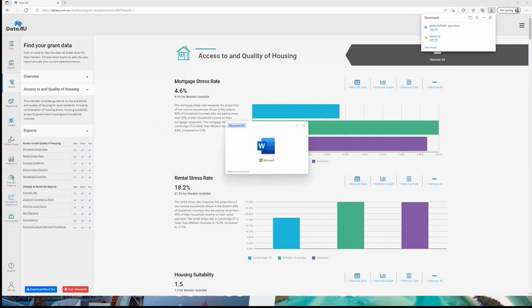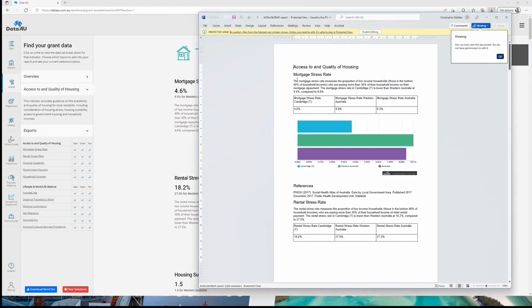That is the topic, mortgage stress rate, for example, under access to and quality of housing, the information about that topic, a basic graph so that you can create your own table if you wish, and then that static image that reproduces the comparison of the metric or the data topic of your LGA versus the state versus the nation. So again, a very efficient way to give you a comparative data set, a range of metrics,